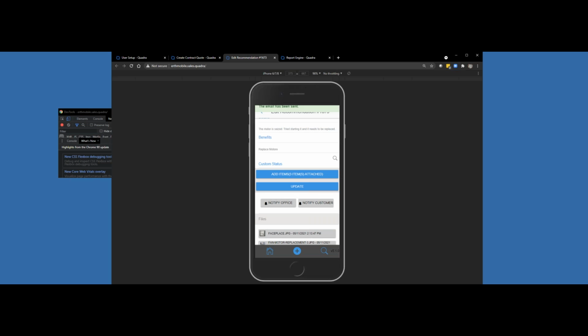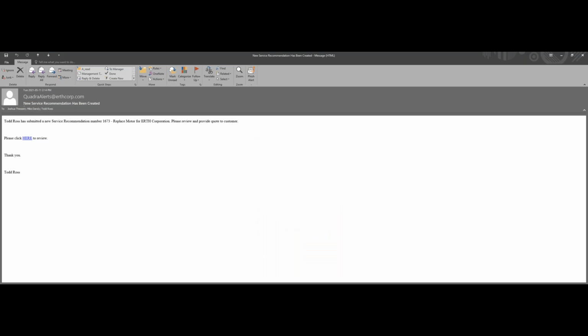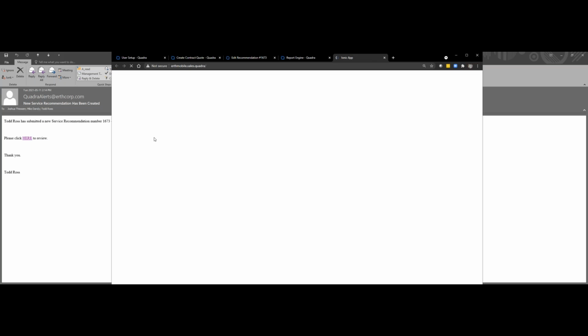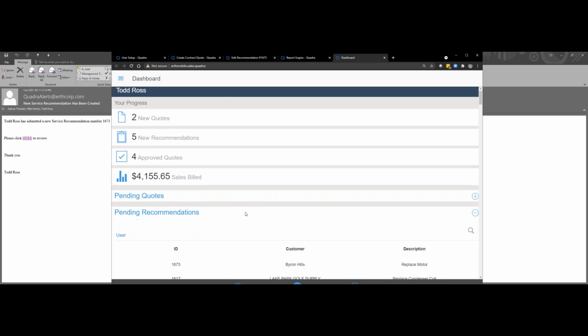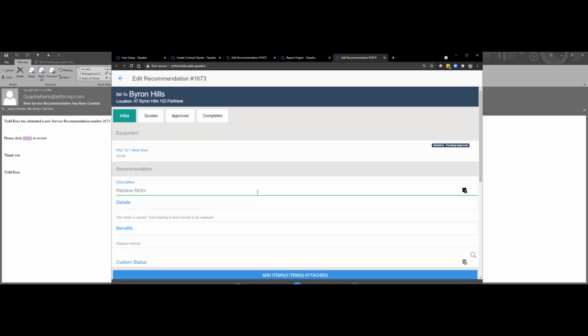So by pressing the notify office button, what's happened is an email has just been sent to whatever the distribution group is based on who the technician is, and they're then going to get notified via email. Just pull that up. Okay, so it says, hey, submitted a new service for your attention. So click here. So I could then just click here and it's going to automatically pop up into the application. I can then just look at pending recommendations